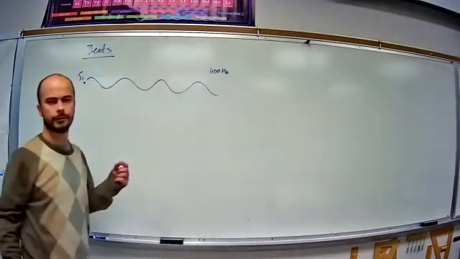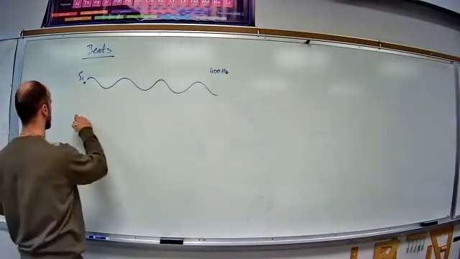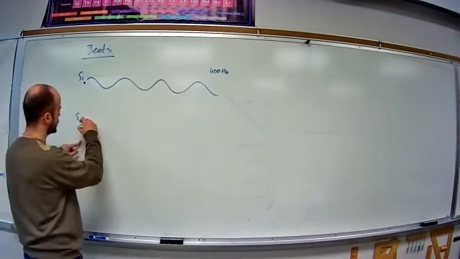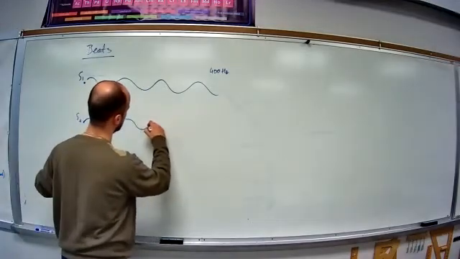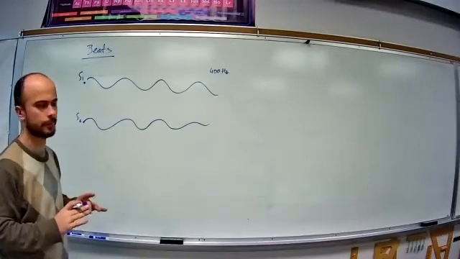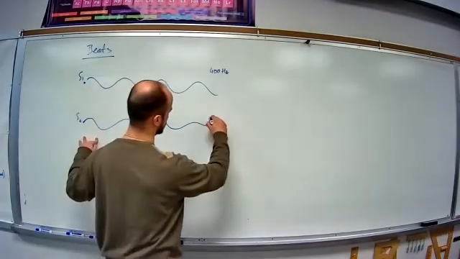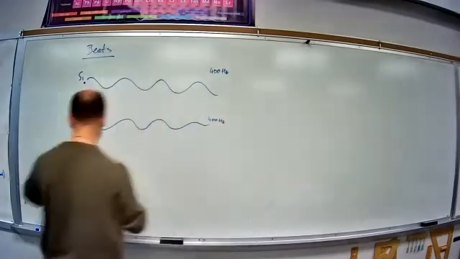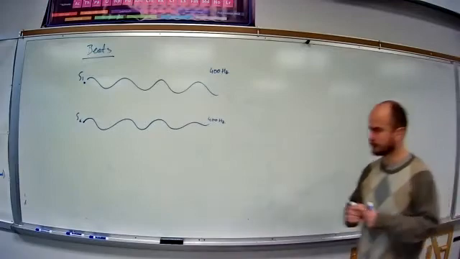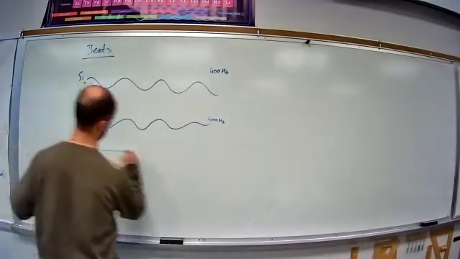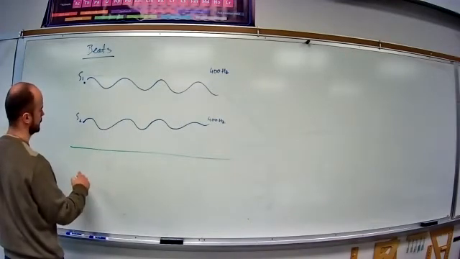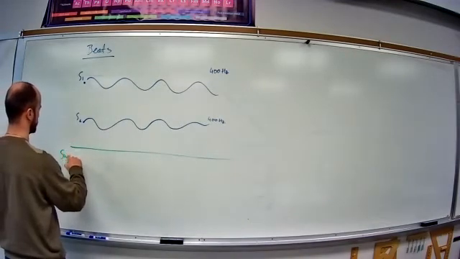And then you have a second source. Two speakers, you could have two speakers. And the second one produces a very similar frequency, but it's got to be a little off. So if this one was also 400 hertz, then what you would hear as a result, the resultant or the sum of these two, is